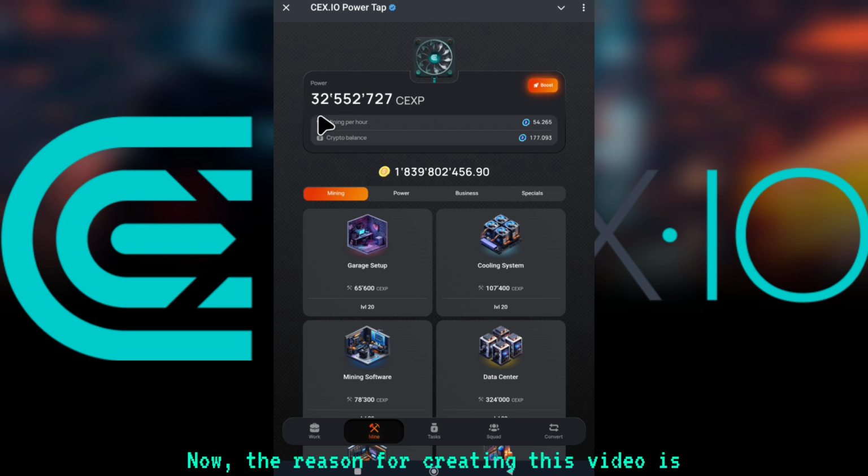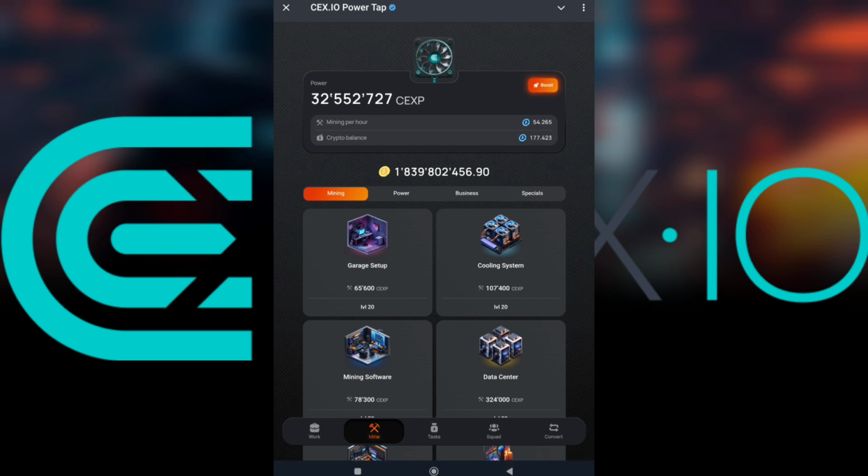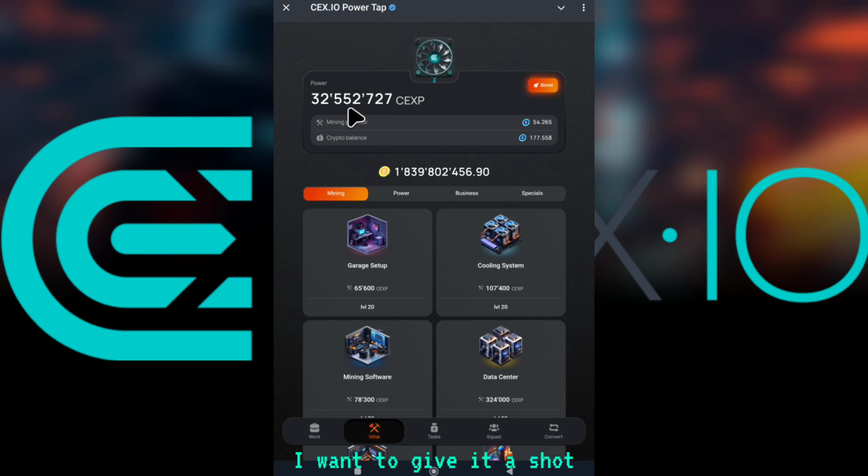Now, the reason for creating this video is to have exactly this point reflected on the CEX app, which is used for all crypto trading, for holding our crypto, for staking, and all of what can be done on an exchange app. But remember that CEX.io is an exchange that has been established with the trade, so this airdrop is very crucial because the airdrop is actually the native coin. So I don't want to play with it. Personally, I want to give it a shot,